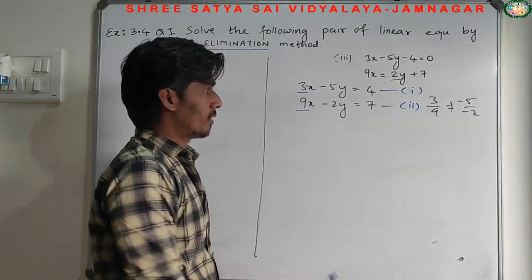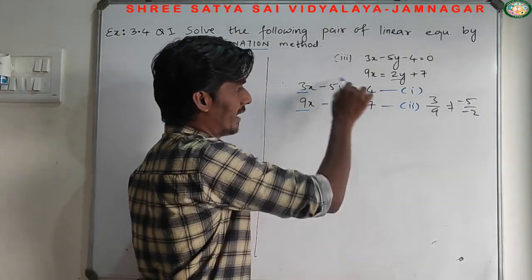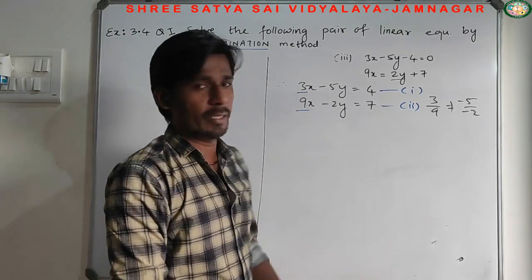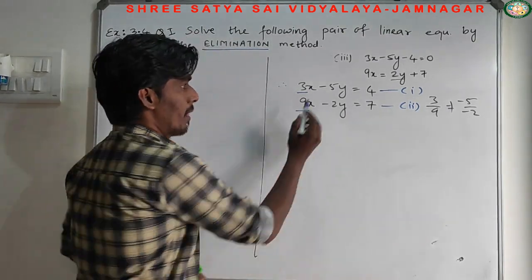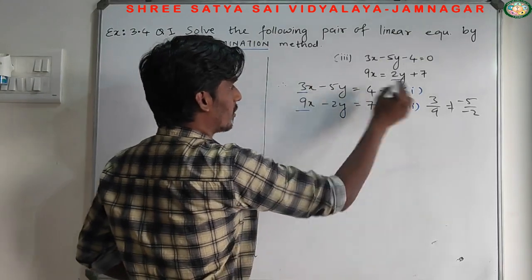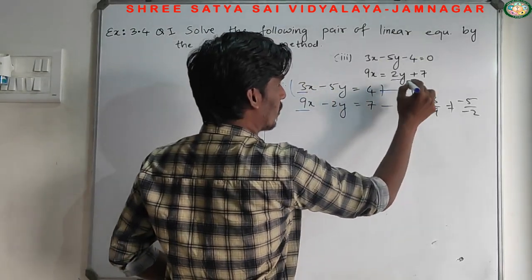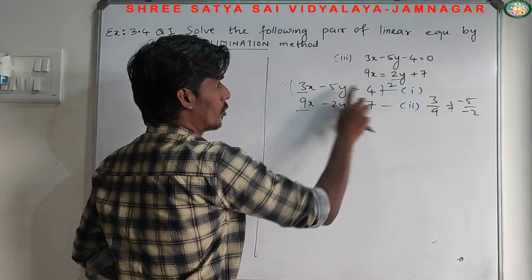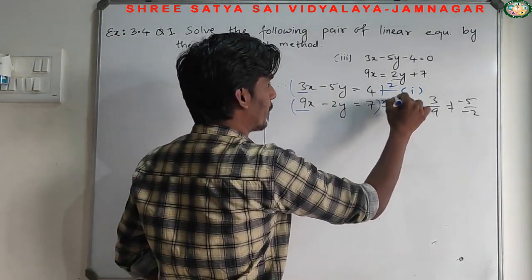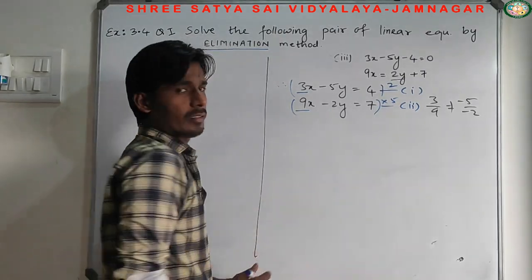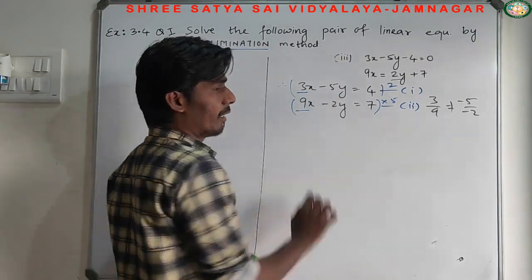और suppose if you want to eliminate y, अगर मुझे y को eliminate करना हो, then I have to multiply both the equation. How? I am going to multiply this equation by what? पहले equation को किससे multiply करूँगा? I am going to multiply by 2. 2 into 5 it becomes 10, and this equation I am going to multiply by 5. 5 2s are 10. तो ये दोनों 10y हो जाएंगे.